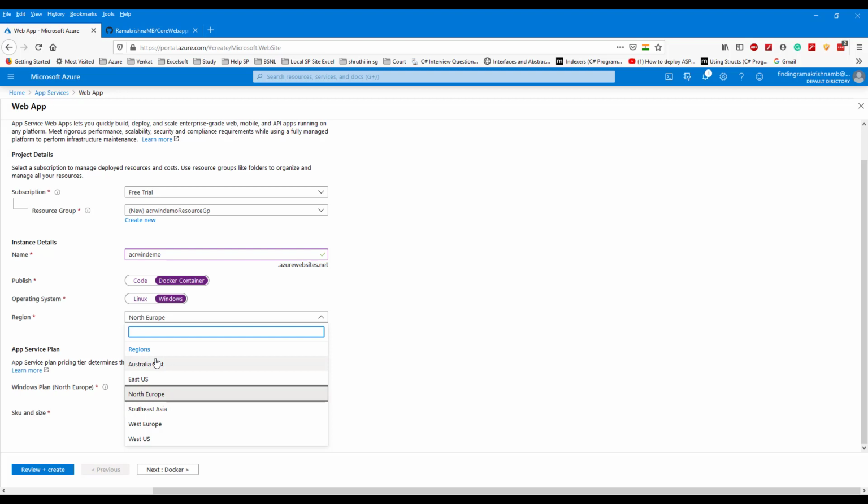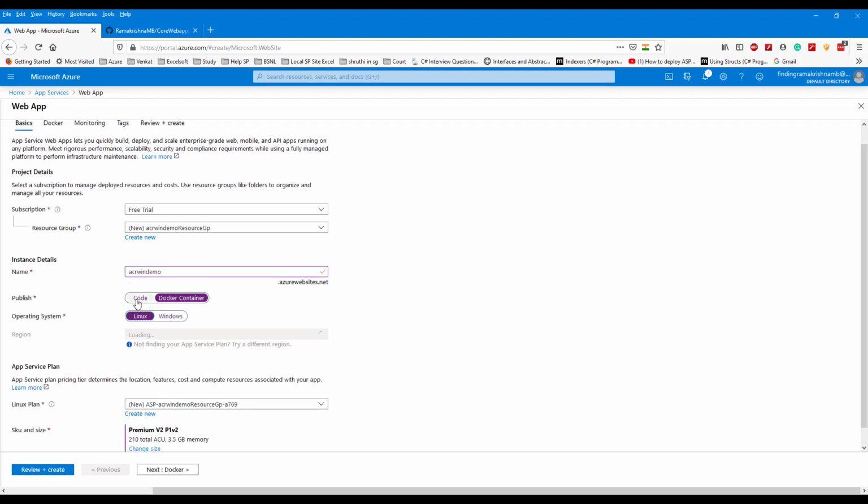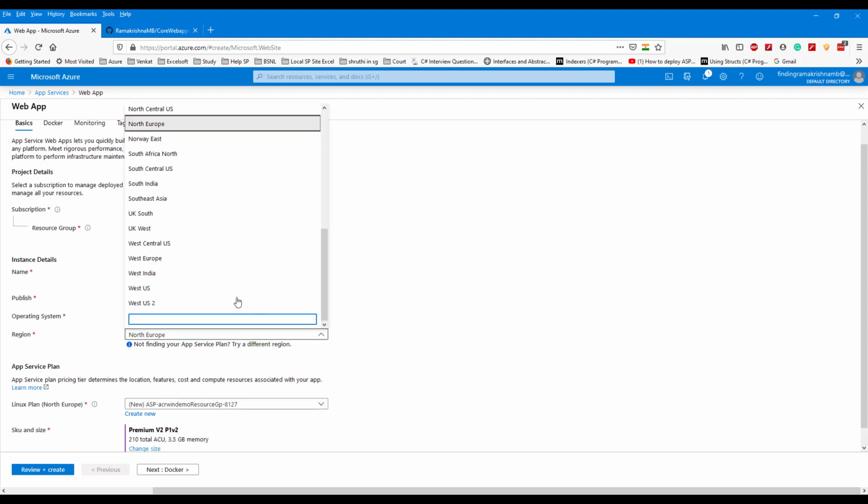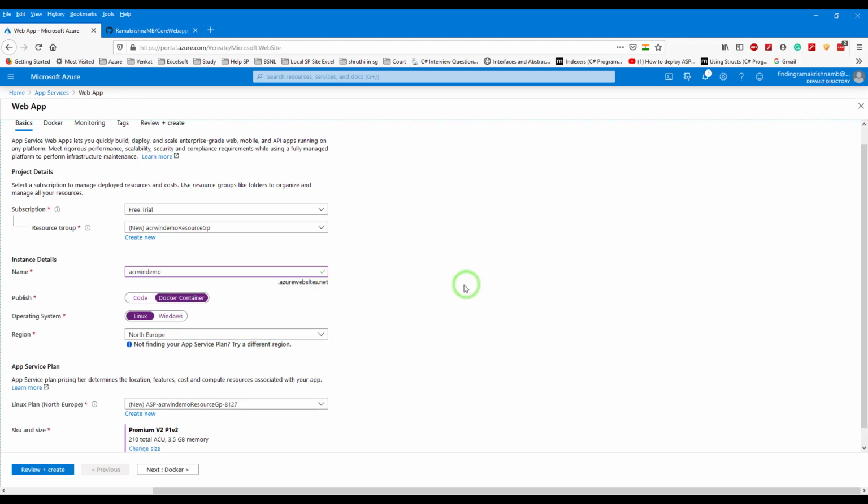operating system. If you go for Linux, we have more choice compared to the Windows type. So make a note of this. If you go for a Windows build for a company or personal sites, it costs a bit more compared to the Linux operating system. So that's why nowadays Linux is popular compared to Windows.